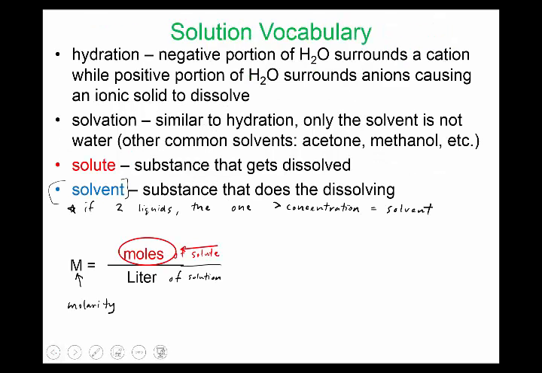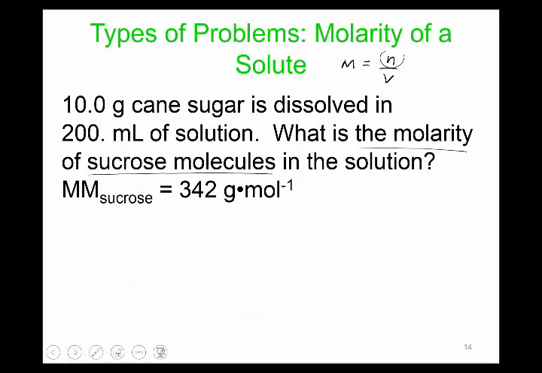One side note here, this is your volume. If you wanted to abbreviate this, you could get M, capital M, equals n over V, and this must be in liters. A lot of times you'll find it in milliliters, which is a one-step conversion. So you'll see that there's an equation. However,